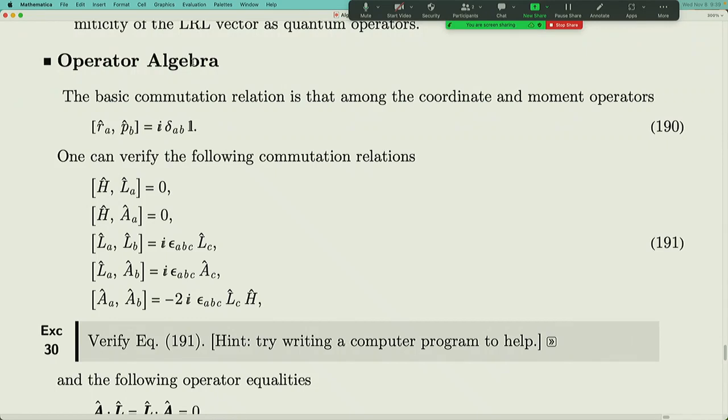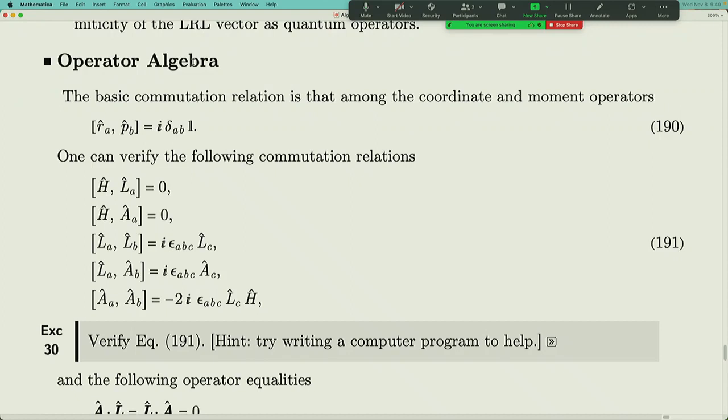Any operator that commutes with the Hamiltonian is a conserved quantity. So these two expressions show that these two operators indeed are conserved quantities in quantum mechanics as well. But these conserved quantities have algebraic relations. For example, L and L have a commutation relation like that, which is indeed the angular momentum kind of commutation relation,